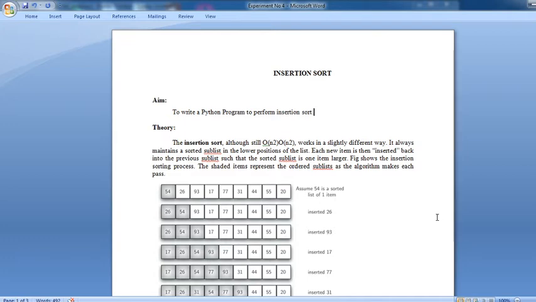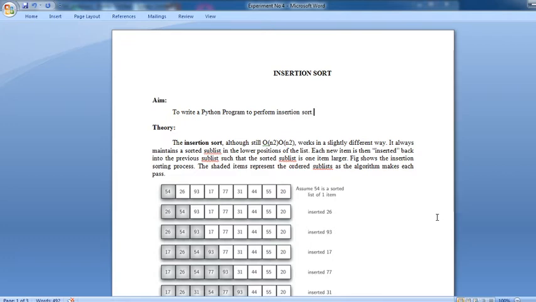Also available are selection sort and bubble sort. In selection sort, what will happen? The first element is selected and compared with all other elements. If any other element is less than the first element, swapping takes place. By the end of this comparison, the least element is placed in the topmost position in the array.